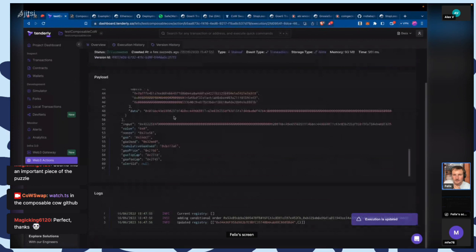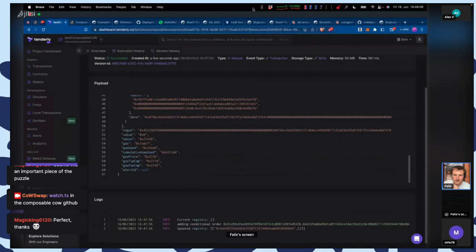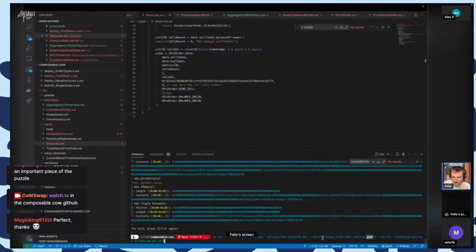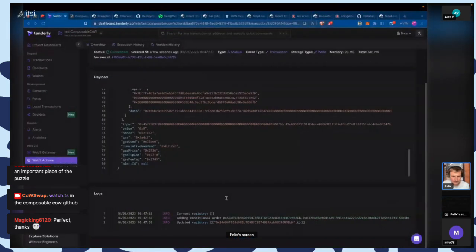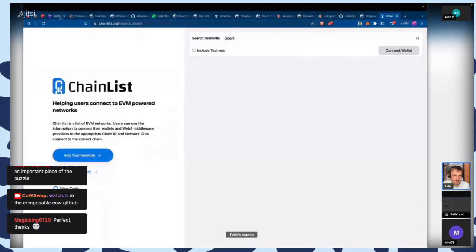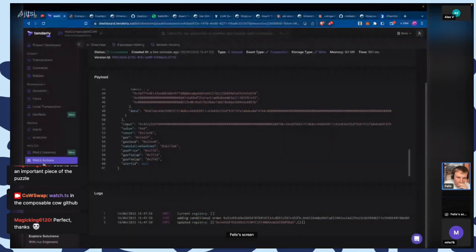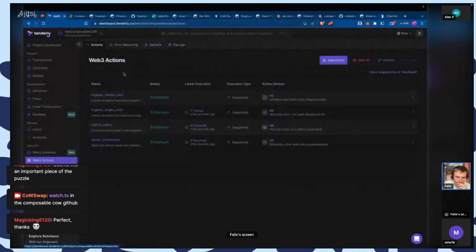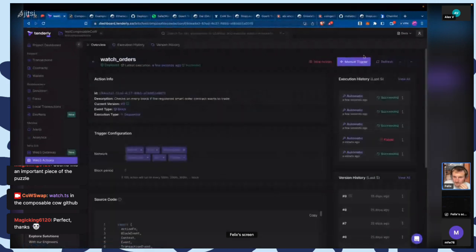But what could be the problem is that we actually need a geth node, and the one that I've configured might not be a geth node, right? Yes, it matters which one I'm using here. And Anchor might not be using geth. Okay, but let's check if that's the case. So this one was now processed, and on watch orders, if I actually see the execution history,